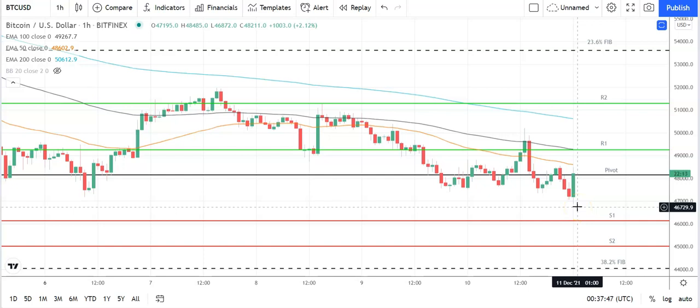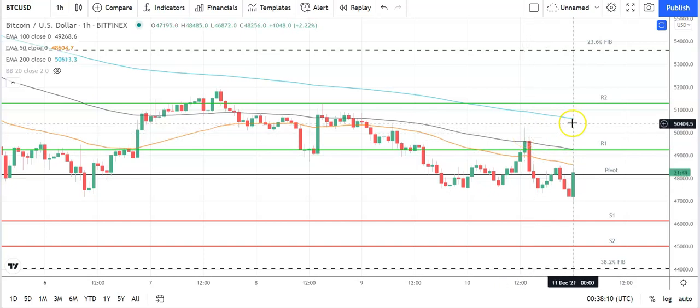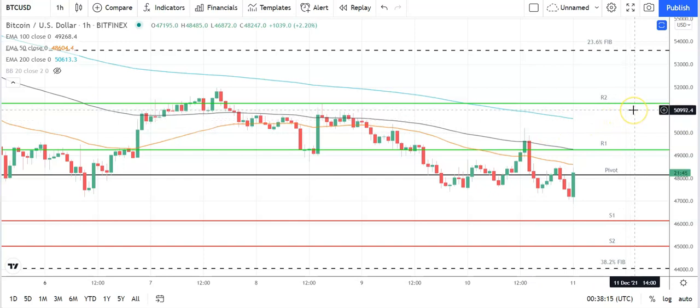Looking at Bitcoin against the US dollar and the hourly candlesticks, a bullish start to the day. Going to see Bitcoin avoid a fallback through the pivot at 48,157, take a run at the first major resistance level of 49,263. Plenty of support from the broader market will be needed for Bitcoin to break out from 48,500. So barring an extended rally, expect that first major resistance level and yesterday's high at 52.12 to cap the upside. In the event of an extended rally, it's got the second major resistance level at 51.318 to cap the upside